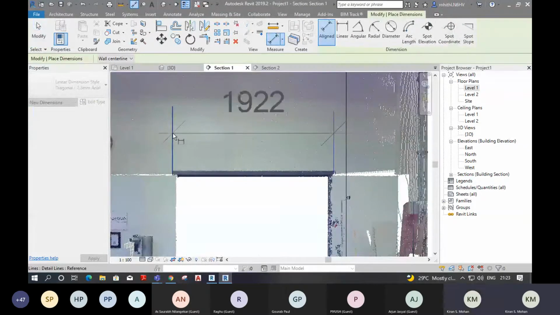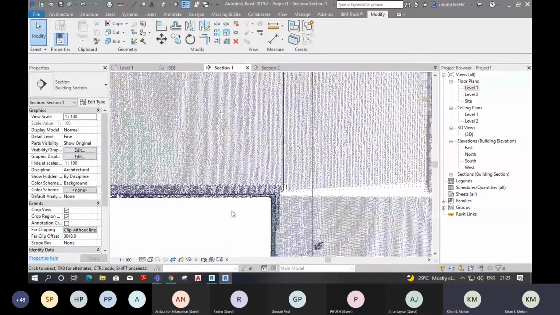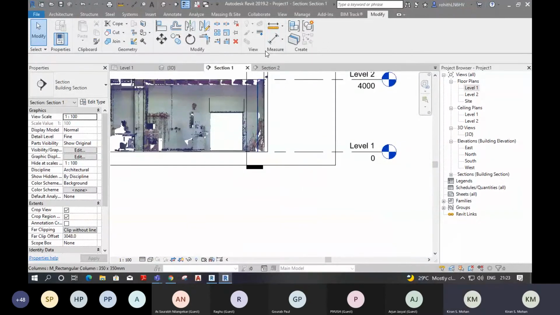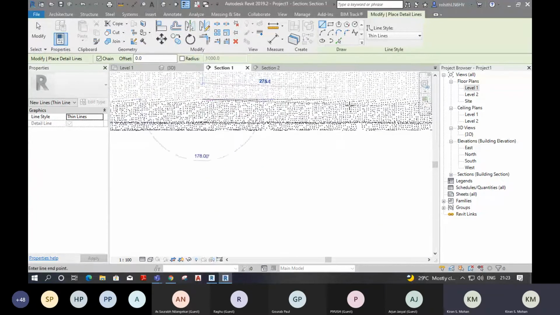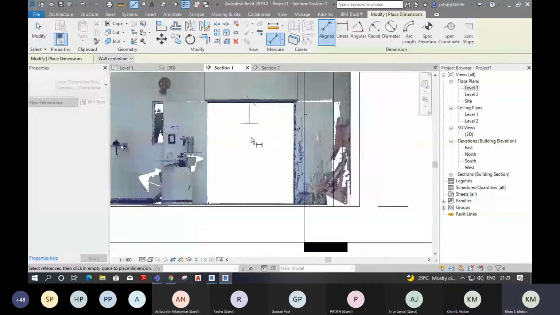Now the height. For measuring the height also you need a dimension line at the top of the frame. 2238. Actually, it is almost 2200 because a deviation is here. We can measure that deviation also. Actually, it is an error due to this scanner or scanning process.